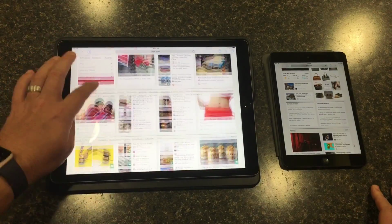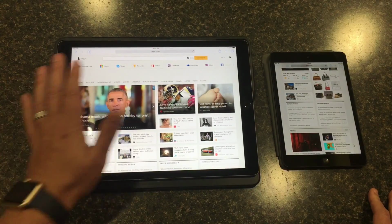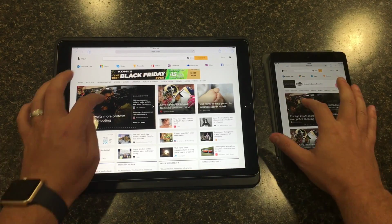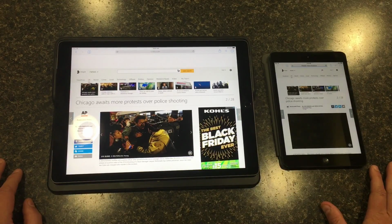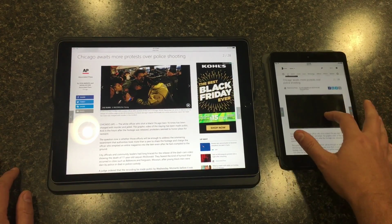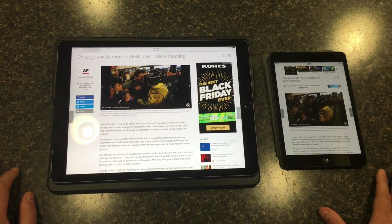It's basically like holding a 13-inch monitor with you everywhere you go. It's just a big, bright, vibrant, beautiful screen that I think you'll really appreciate for games and movies and music with the stereo speakers. There really is no other device that's like this. Even with the Surface Pro 3 and Surface Pro 4, you don't get the same level of immersion because of